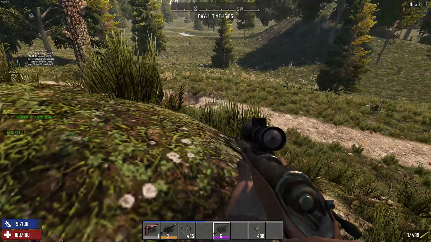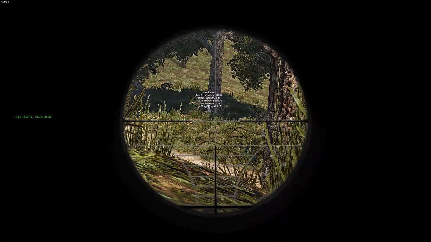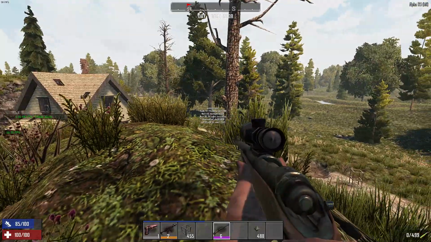Again, the source of all the heat is in this chunk right there. Now, it bleeds out into the surrounding ones, of course, but we're going to see which way she actually goes. It looks like she's kind of heading towards it, but...